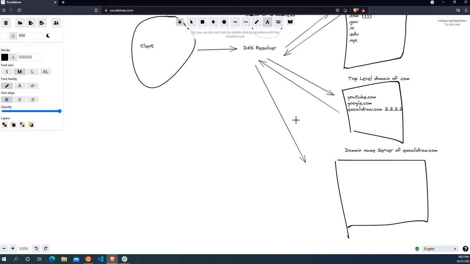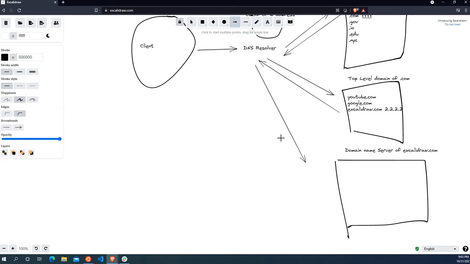So, for example, if you want to use the mail server of this website, it would probably have a different IP address than the server handling all the requests for interacting with the website. Okay, so the domain server will hold all the records for the different services of Excalidraw.com,